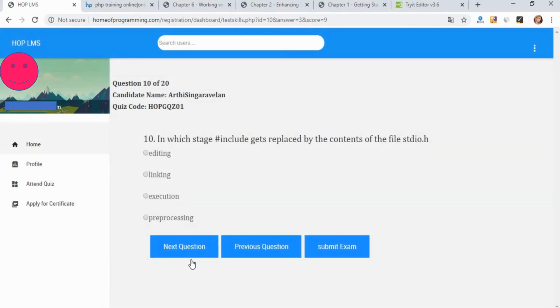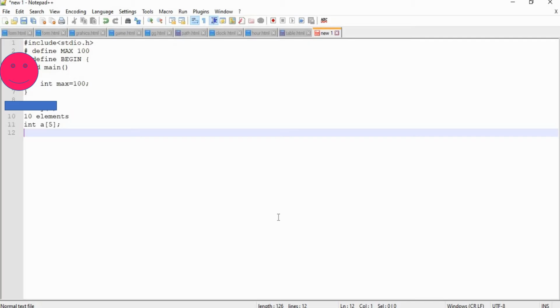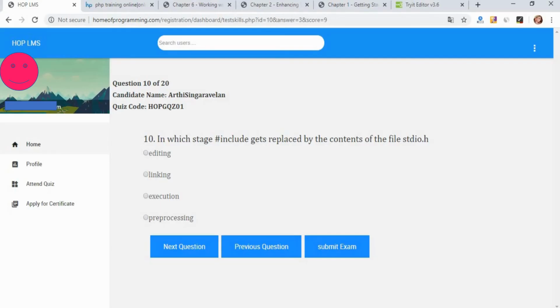In which stage does #include get replaced by the content of the file stdio.h? For example, if you have the #include <stdio.h> header file, at which stage of your C program is this directive replaced by the content of the file stdio.h?